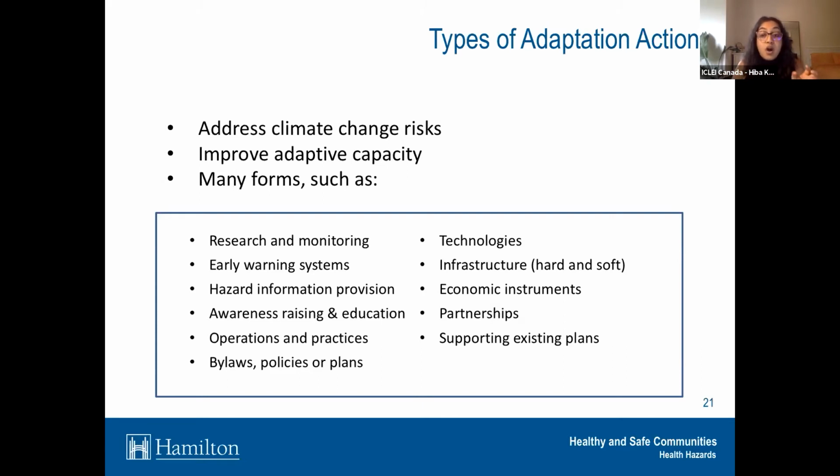We also want to work on varying or diversifying existing actions, right? There are things that are already being done at the city, within the community, whether they're labeled as adaptation or not, that address climate change adaptation in some way. Building upon that is really important for us as well. So if there are tree planting programs happening already, diversifying those plantings to address erosion concerns, urban heat island, or invasive species, whatever the concern is, or looking at business continuity planning as something that needs to be done.